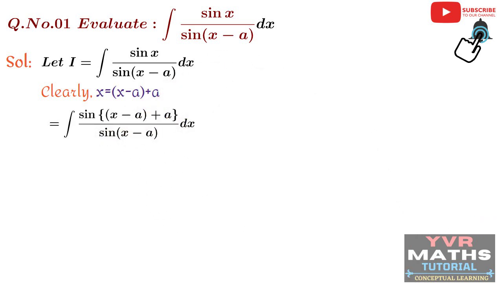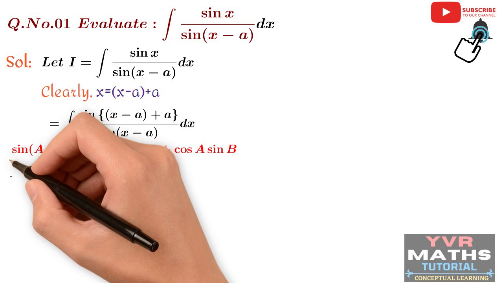So if you observe here what I did on the numerator, I just added a and subtracted a. After adding a and subtracting a, I took x minus a alone as one combination, and plus a is separate. In this integrand, the numerator part is in the form of sin of a plus b. So x minus a is one term and small a is another term. That's why this is clearly in the form of sin of a plus b. So we know the formula of sin of a plus b. Sin of a plus b is equal to sin a cos b plus cos a sin b. So if we apply this formula on the numerator, then what will we get?